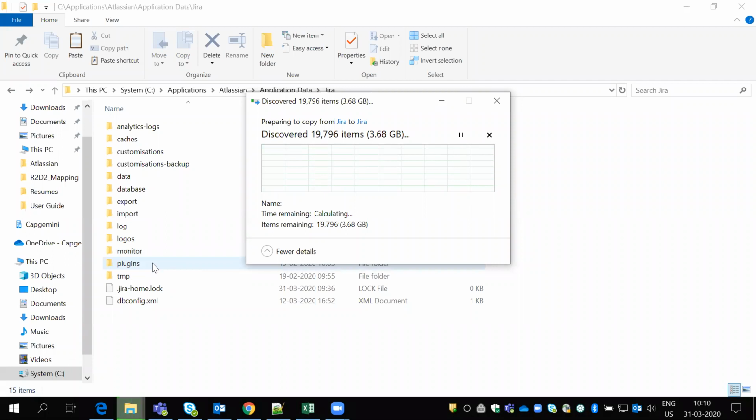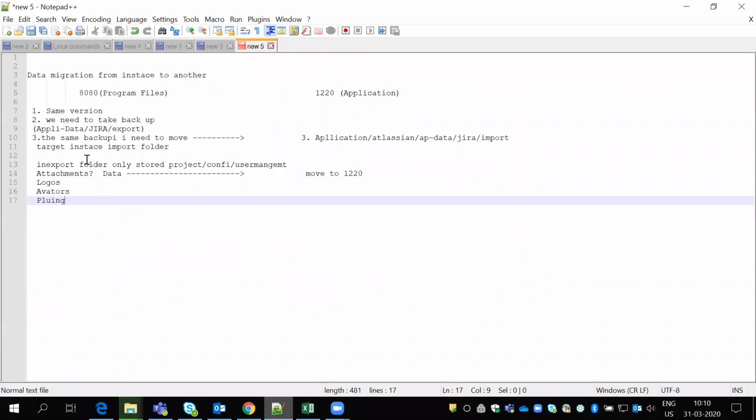I already have this, and I need to move the complete plugins to here. I need to override all this information, so the new data will override these folders. When it comes here, I also have folders: attachments, avatar, data folder, logos folder, everything I have. When installing, it will become the same data.